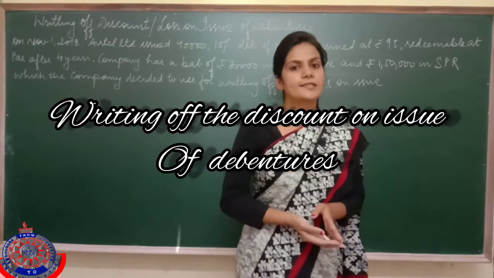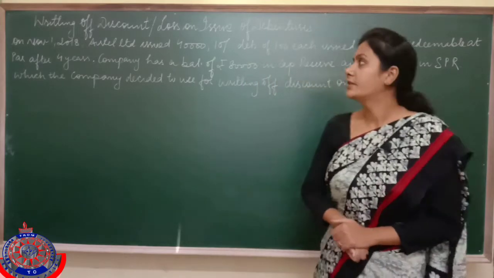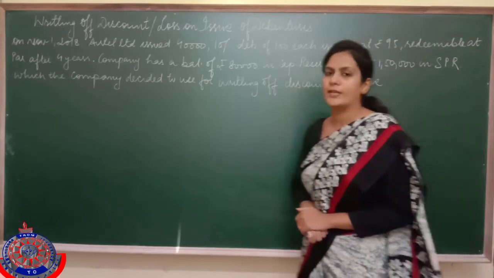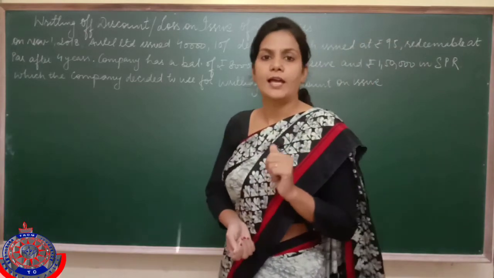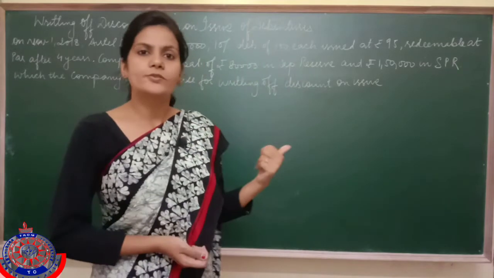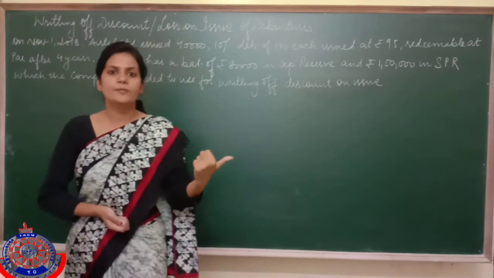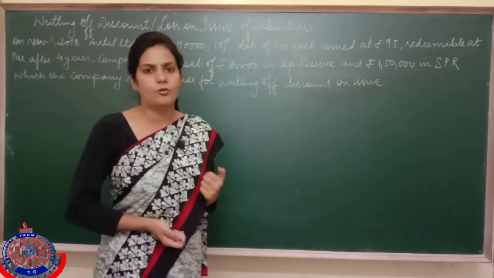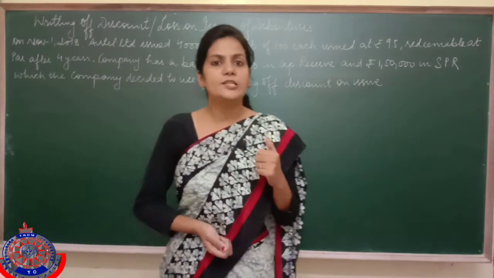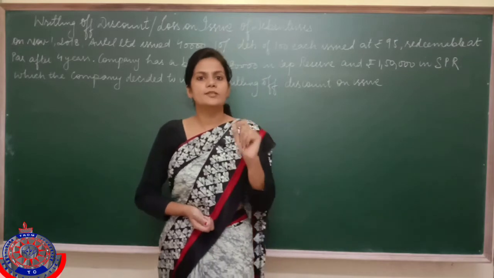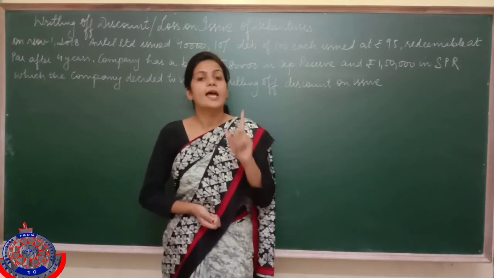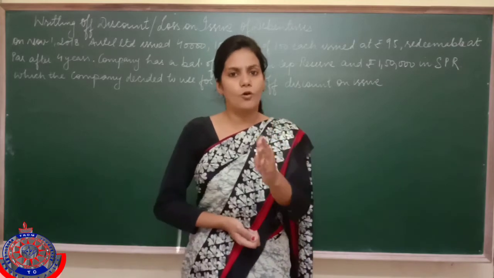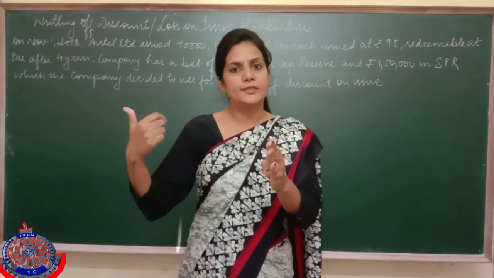Students, now let's discuss the last topic of this chapter, that is writing off discount and loss on issue of debentures. Throughout the chapter I have been telling you that loss on issue of debentures and discount on issue of debentures are both capital losses. Discount on issue of debentures means when we issue debentures at less than the face value, and loss on issue of debentures means when we are accounting for the loss which we have to bear at the time of redemption